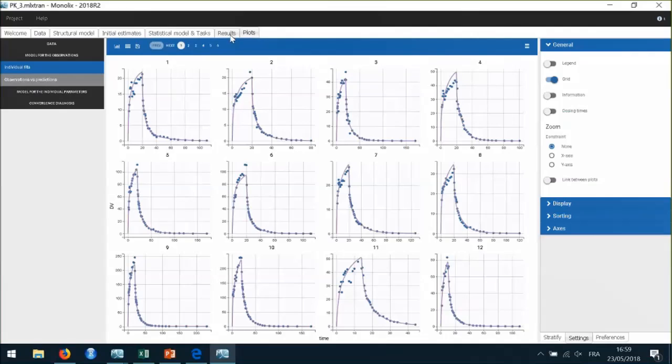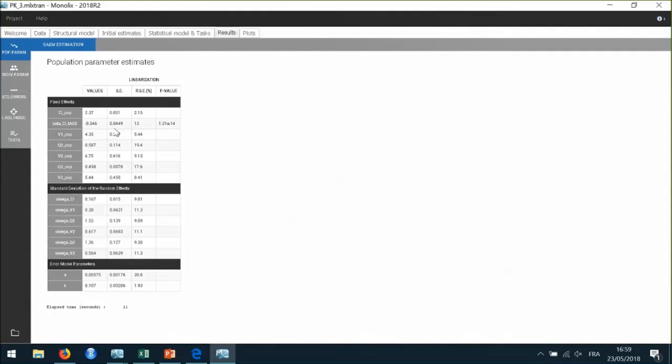So once this is done, the estimate for beta CL TH is now available here. I can check that the standard error is not too high. And the standard error task has also computed a Wald test on the individual estimate of beta to check that it is significantly different from 0, meaning that the relation between the parameter and the covariate is real. So the p-value of this test can be seen here, and it is significant, which validates the covariate effect.